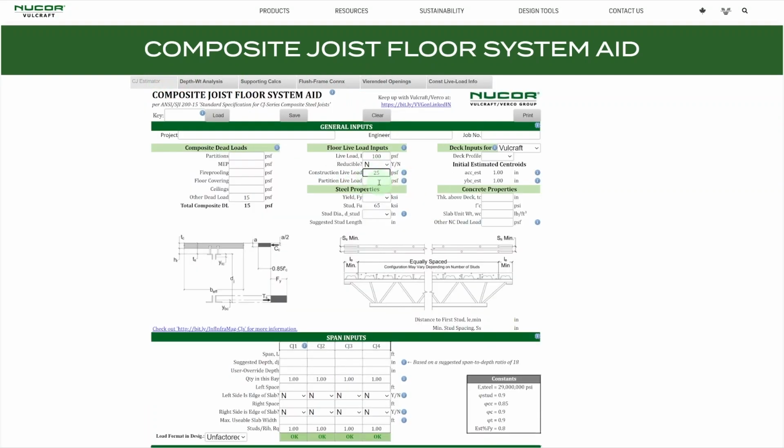If I add a partition live load, I could punch that in here as well. There's a tooltip referencing IBC section 1607.5, which goes into what those expectations would be if they were present. And then moving over to the deck section here,